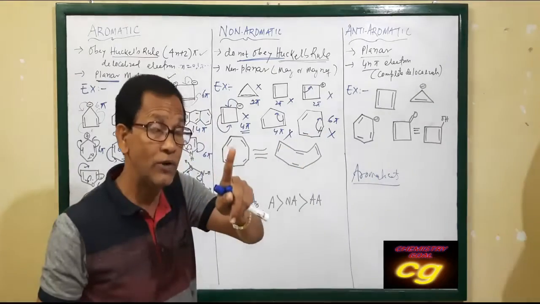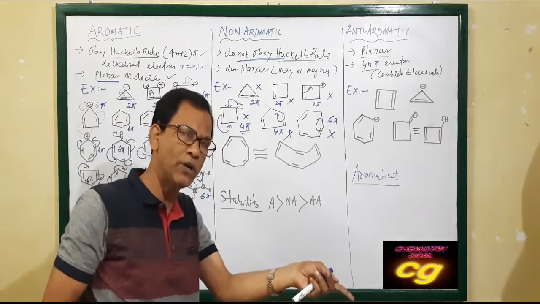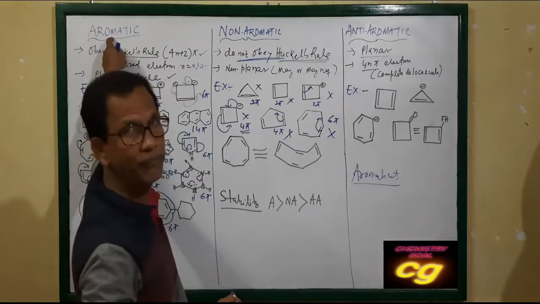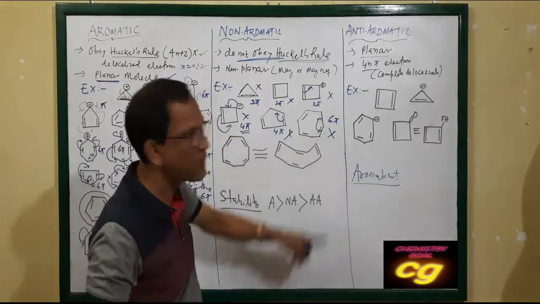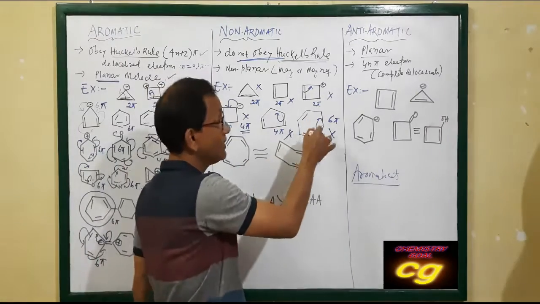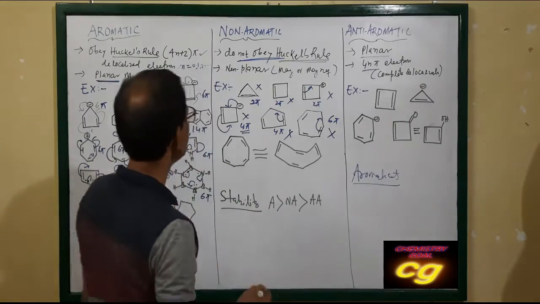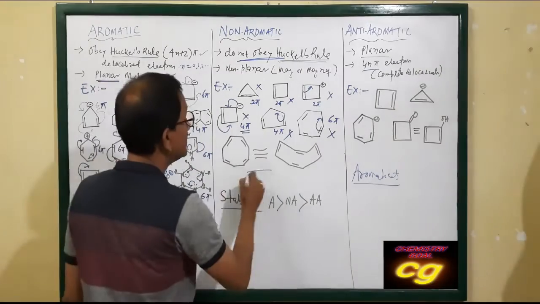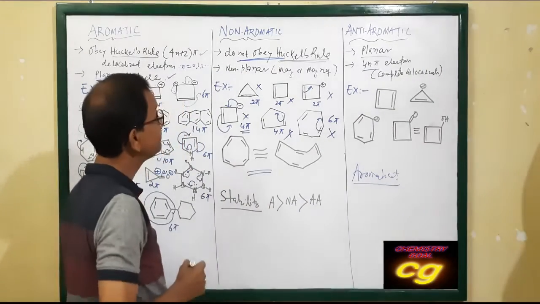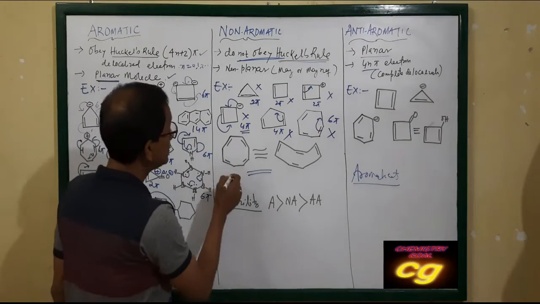If complete delocalization is there, and it satisfies 4n plus 2 pi, then it will be aromatic. As it is not satisfying the complete delocalization concept, that's why it is non-aromatic. And this concept is very important, this one. What? It has, you see, 8 pi